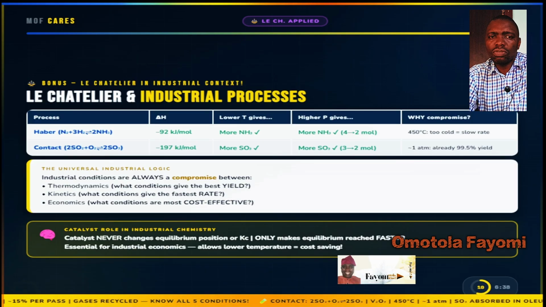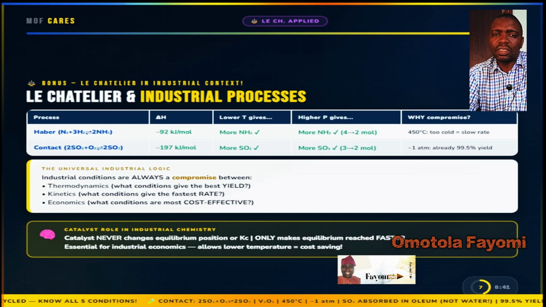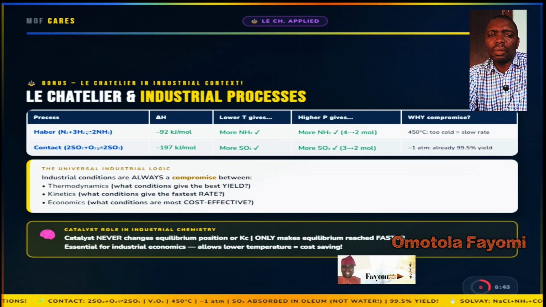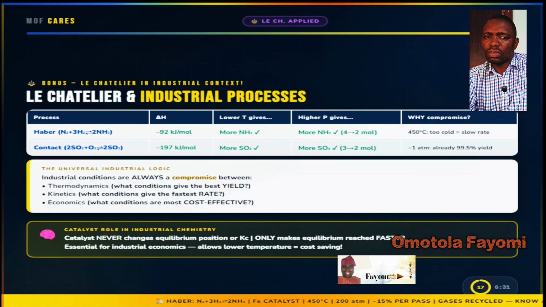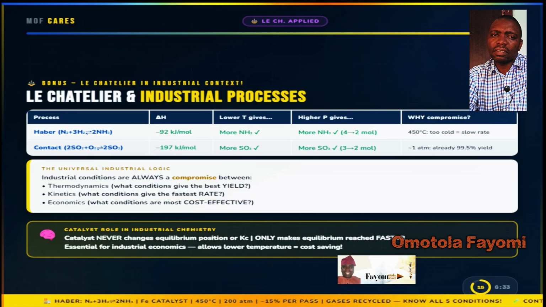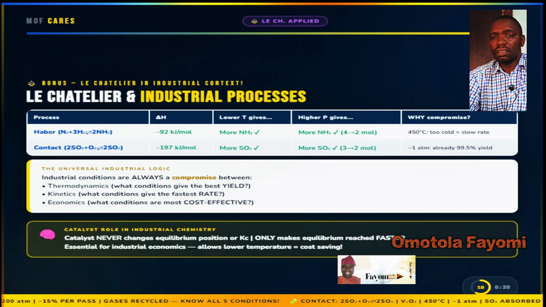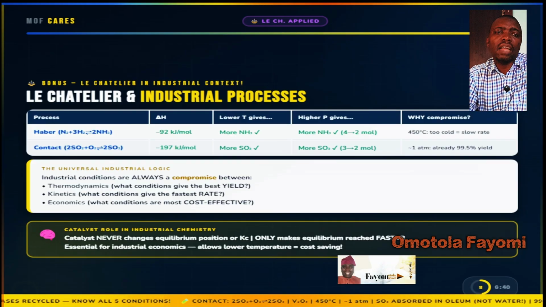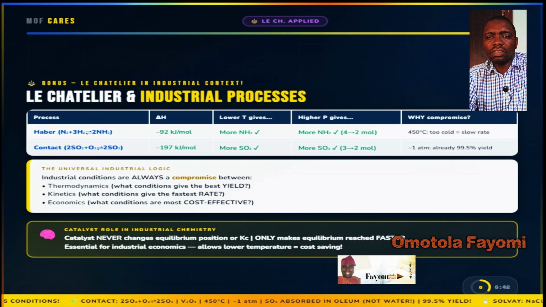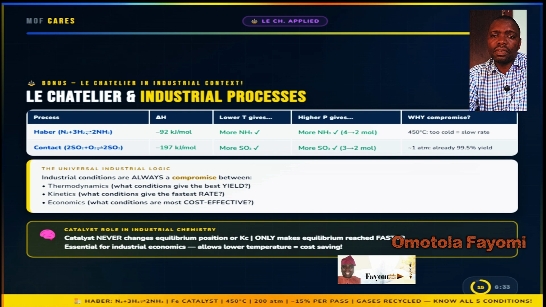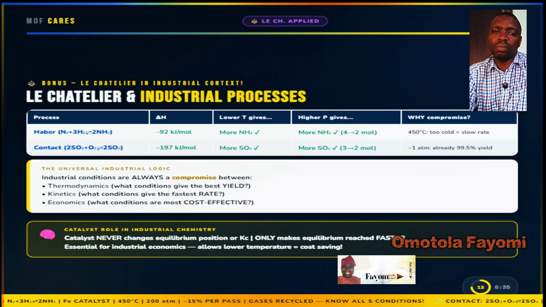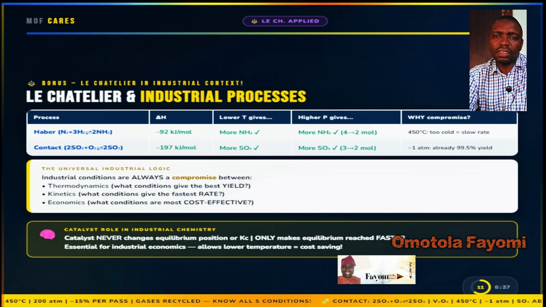Both reactions also have fewer moles of gas on the right. Higher pressure would thermodynamically drive more product, but Haber needs 200 atmospheres because the 15% per pass yield justifies the pressure investment. Contact achieves 99.5%, as I've been saying, at 1 atmosphere using excess oxygen as the driver, making high pressure economically unjustifiable. The universal industrial logic is that every industrial condition represents a three-way compromise between thermodynamic yield, kinetic rate, and